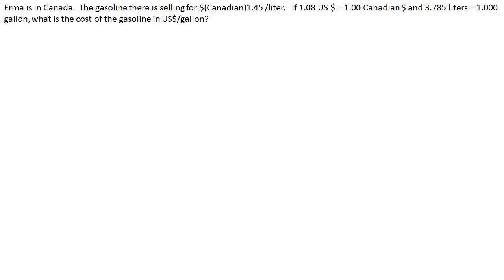Welcome to our discussion on conversion lines. Conversion lines are a very simple technique for converting any unit of measure. It can be a single unit of measure. Let's say you want to convert from inches to centimeters, or feet to kilometers, or it can be what you